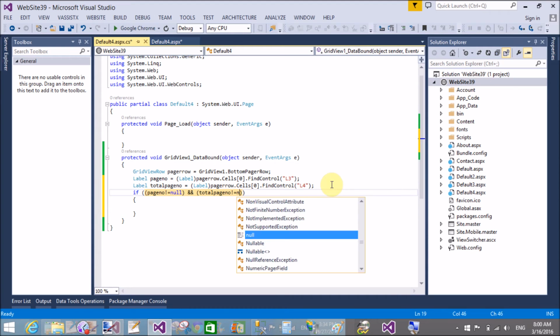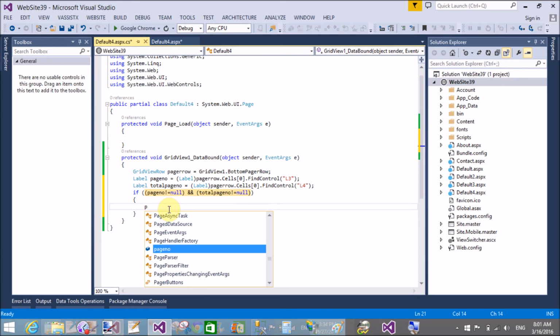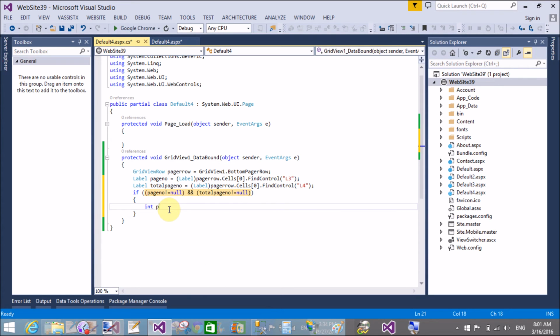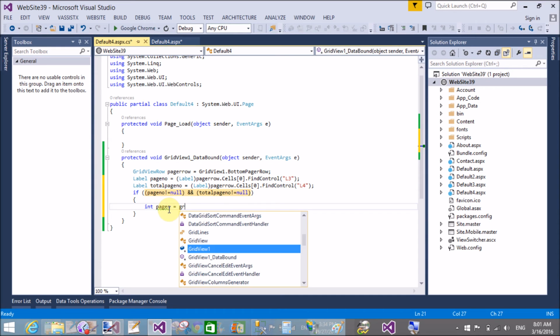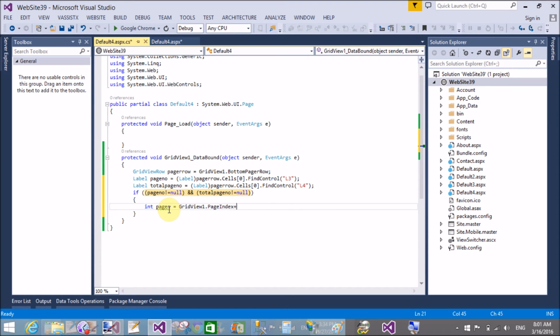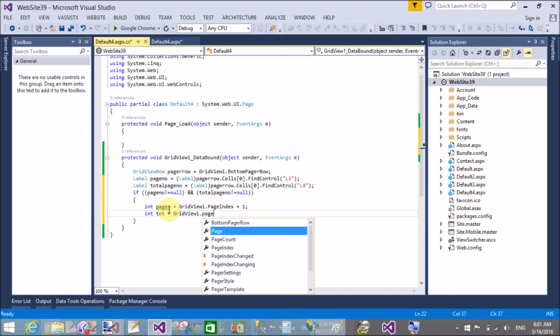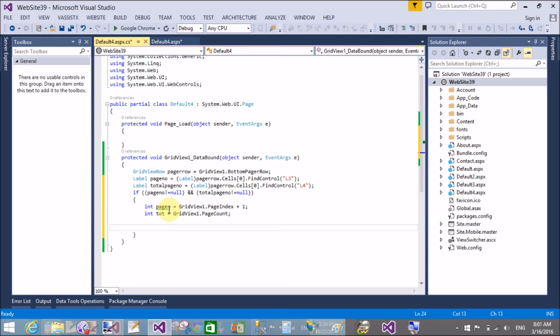If both are not null, meaning they contain some value, then move to the next pages by using GridView1.PageCount as well as PageIndex. That means when we click on the next button, the index will increase by 1, and the total number of pages is counted by using the GridView PageCount property.